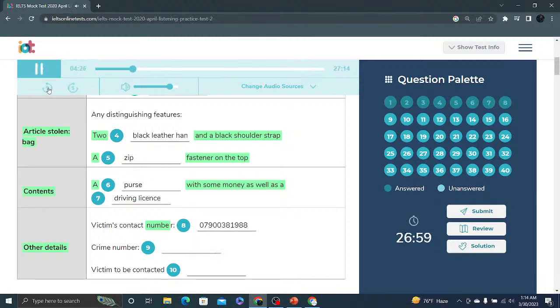The contact number. My mobile number is 07900381988. Sorry, was that...